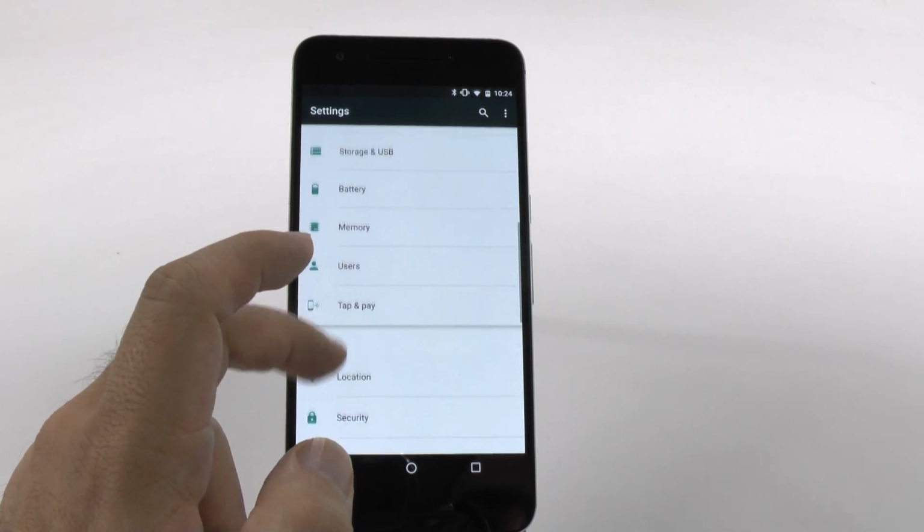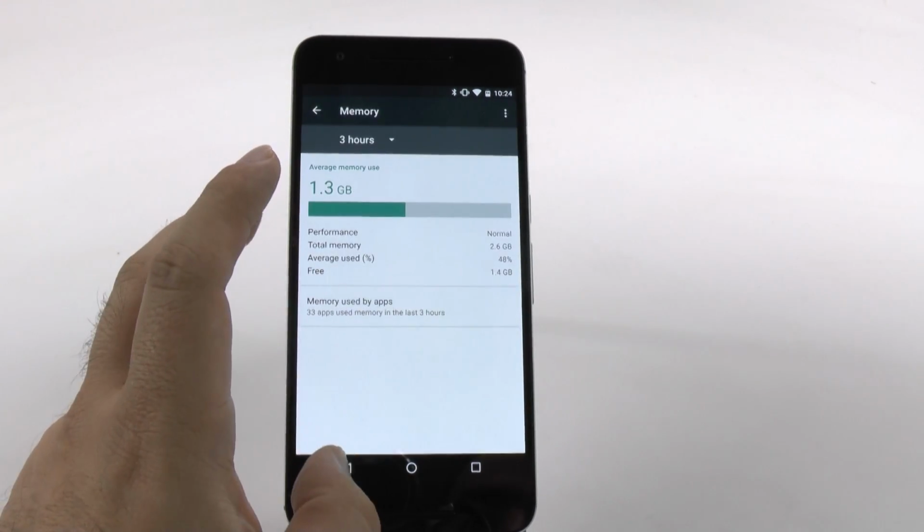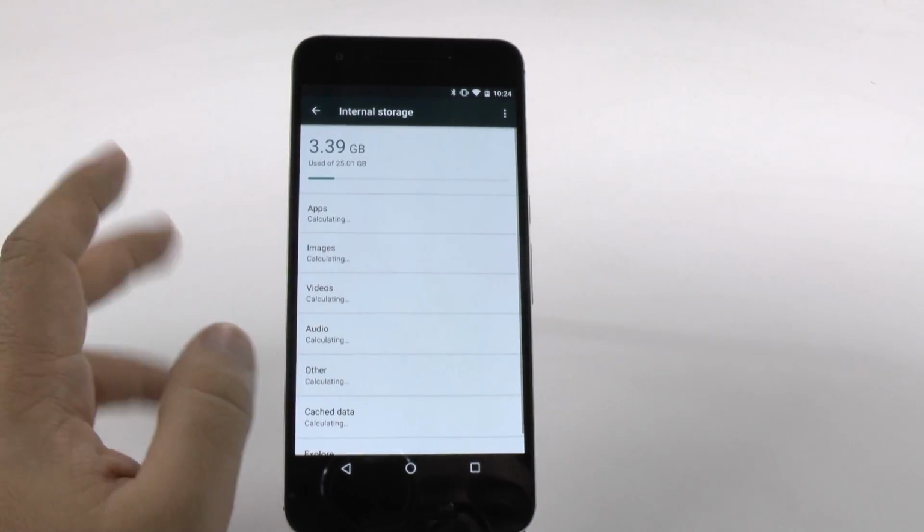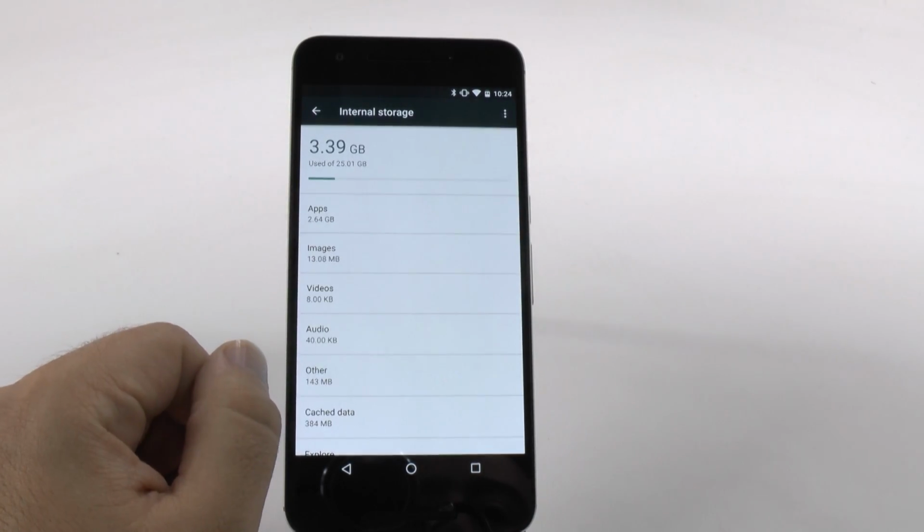Or not storage. Nope. There we go, storage. Sorry about that delay. In storage, then you just simply swipe up